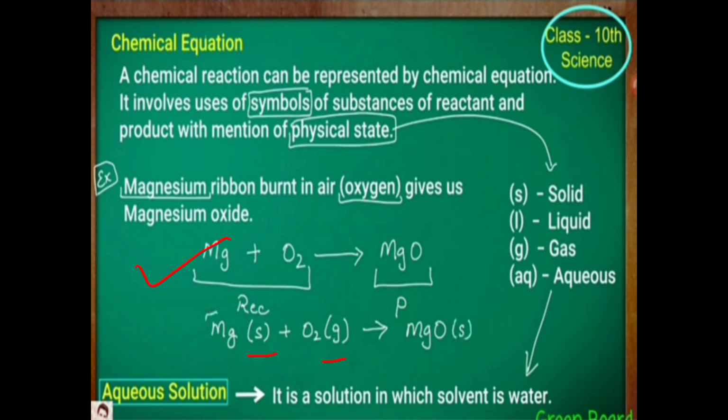So here two things are taking part in the reaction, so we can consider them as reactants. Yes, magnesium and oxygen, they are the reactants. So Mg plus O2 gives us magnesium oxide, that is MgO. So this was a simple chemical equation which we have noted down. Now we will give the physical state. Mg is a solid, oxygen is a gas, and MgO is again a solid. So this way we have to mention its physical state along with the symbols.